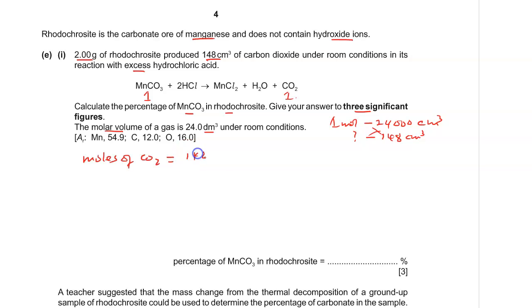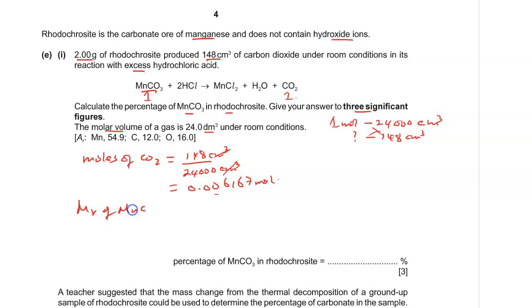So you'll get 148 divided by 24, this is centimeters cubed, this will cancel, and what you'll get is 0.006167 moles of carbon dioxide produced. And of course, this number of moles is equivalent to the number of moles of manganese carbonate. So we get the MR